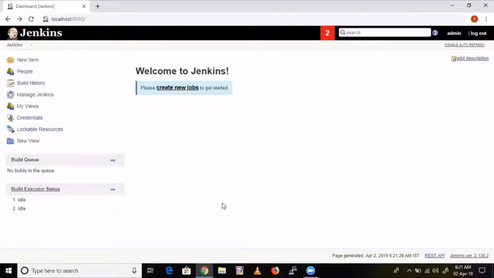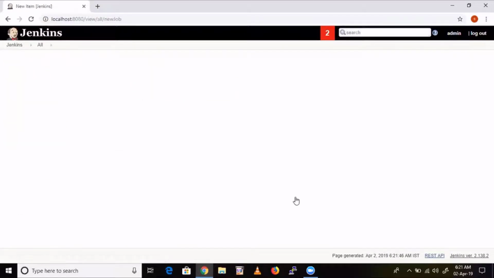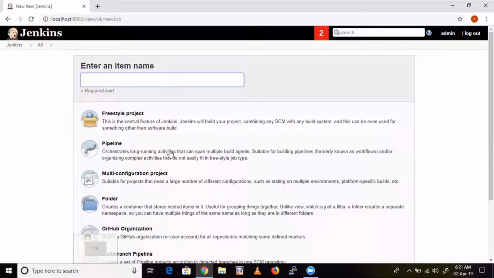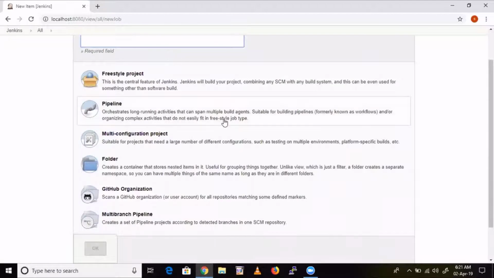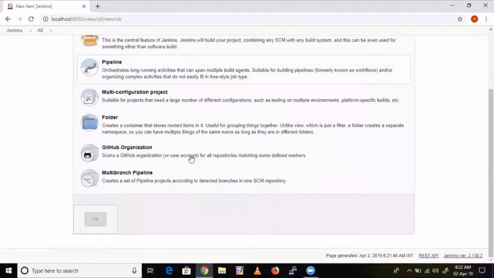Now I'll just create a simple job. Let's see all the important options here. Let me create a job. Click here. Either you can click here or here. Okay, let's do it from here. Now, enter a job name. Here you can see so many options, right? When we installed Jenkins, we already got so many plugins by default, and that's why you can see these options.